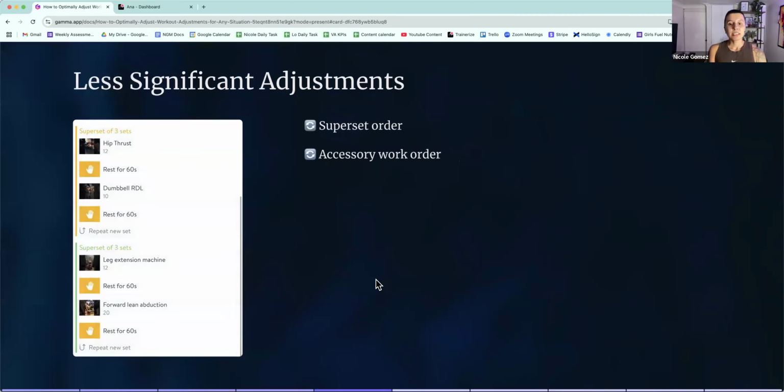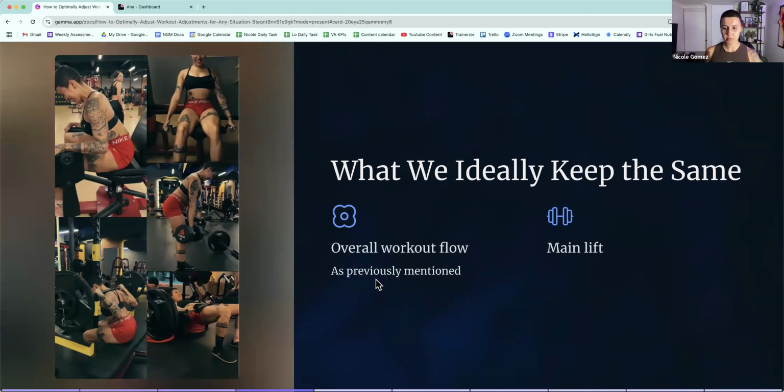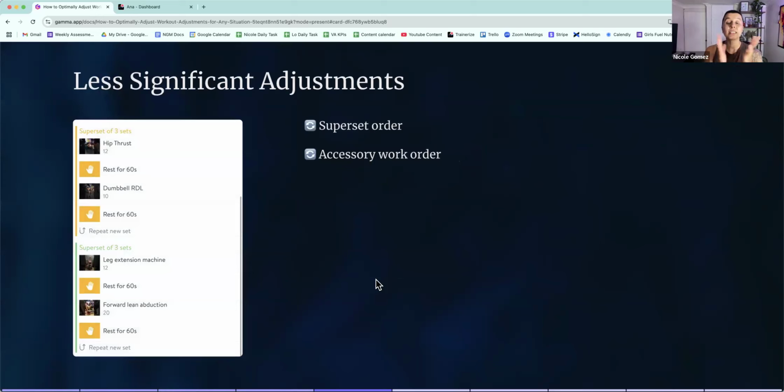Now, less significant adjustments. These are the things, if you can leave them the same, leave them the same. Less significant adjustments is, one, your superset order. So if it is hip thrust superset with RDLs, or lat pull downs superset with overhead press, and face pulls superset with tricep extensions, if it makes sense for you to superset this with this and this with this, that's fine.